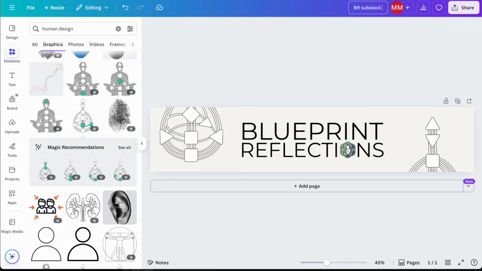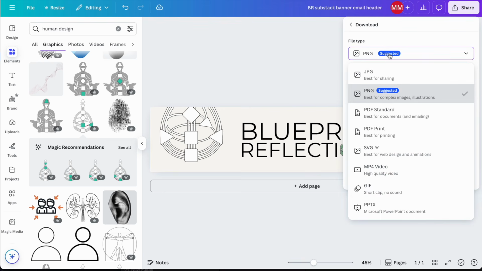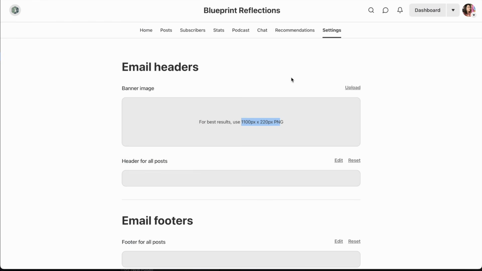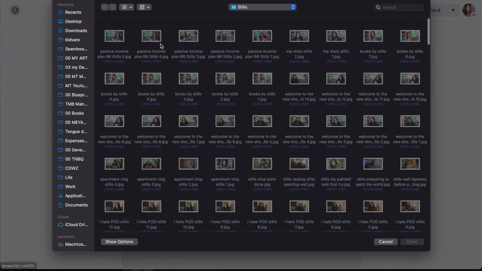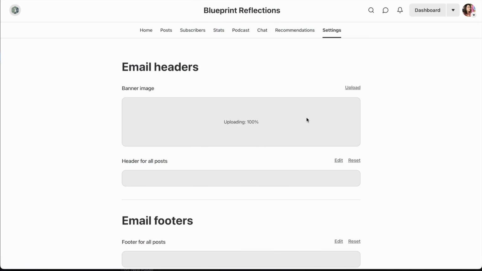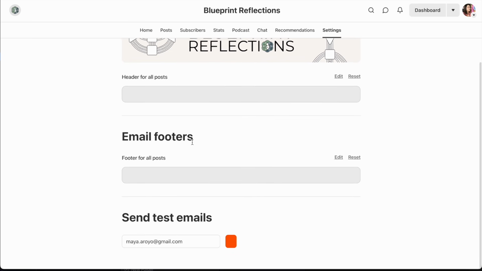BR Substack banner email header. And we're going to need to download this in PNG specifically. That is apparently crucial. I kept trying to upload JPEG, and I was like, why doesn't it work? Upload, downloads, PNG. Okay. Now this is the banner image, and I can edit another header for all the posts, like text and